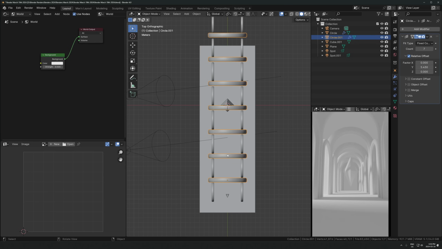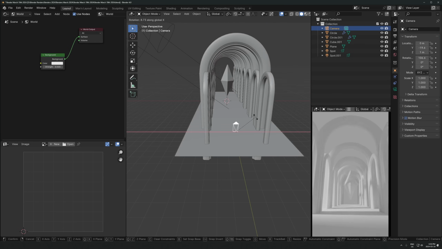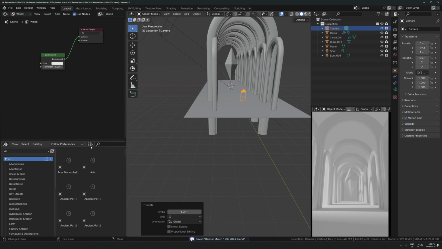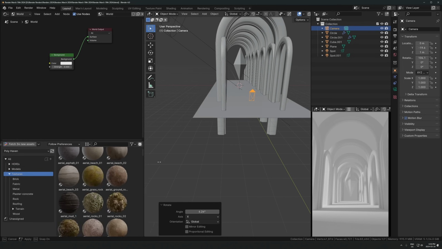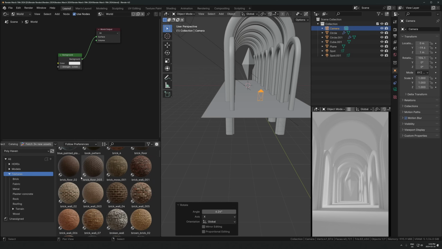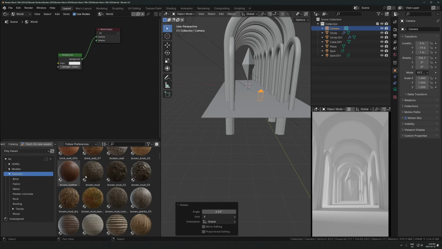Nice, look at that. We got a hallway already. And now we need some textures. Let's just grab a Polyhaven texture in here. This is their add-on. It's a paid add-on, but you can actually just get all these textures for free from their official website. They give it away for free, but if you want to pay, you can actually just download it to the